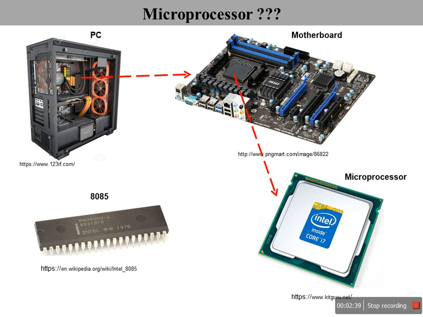Now because of the unique architectural features of 8085, this microprocessor, though it was in the 1970s, is still used in the industry or even in academics also. Okay, after that the Intel people started manufacturing 8086, again 80186, 80286, 386, Pentium, and so on till Core i7 and all. These microprocessors after 8085 were made for general purpose computing, especially for personal computing and all. Okay, so let's go ahead with the microprocessor 8086.